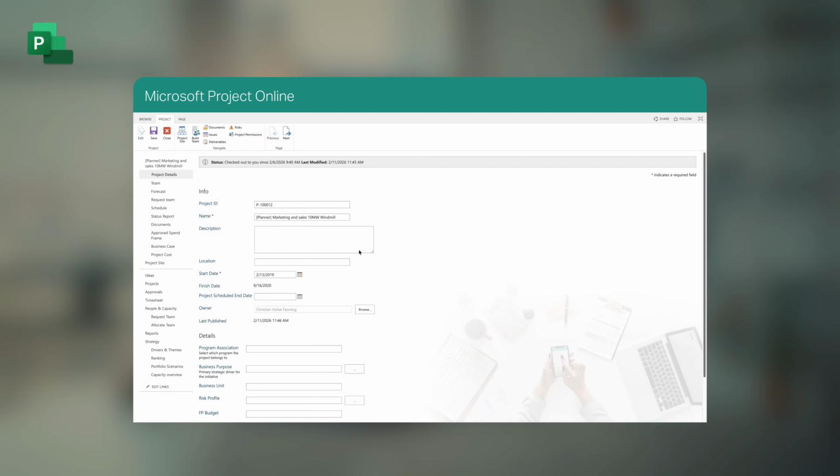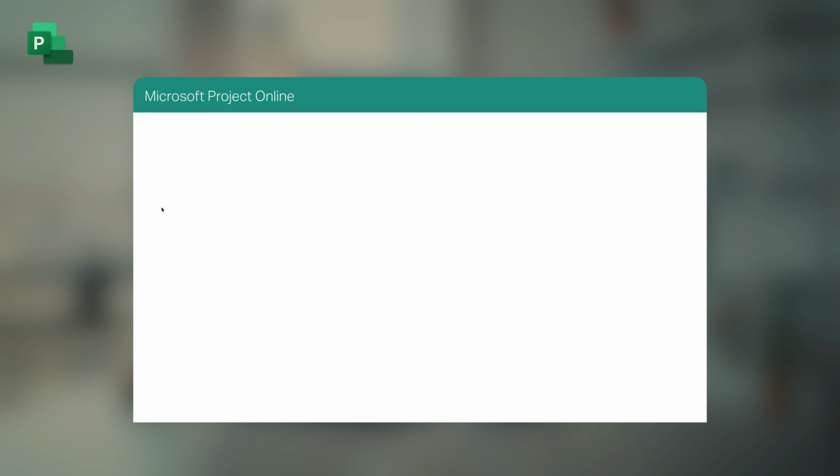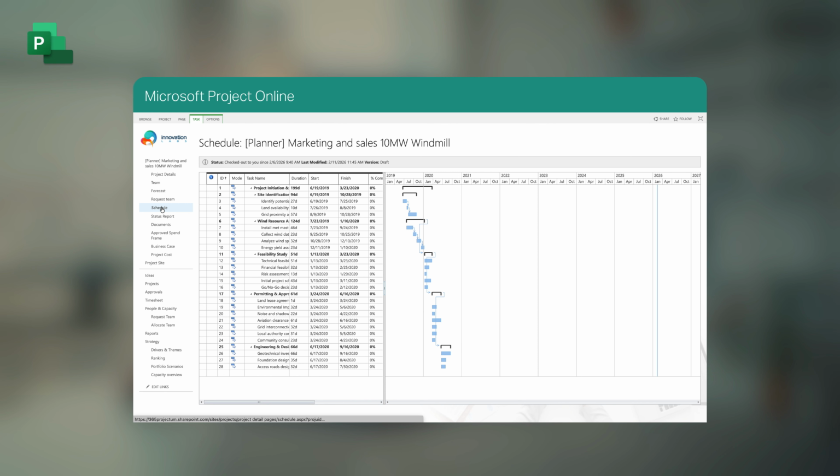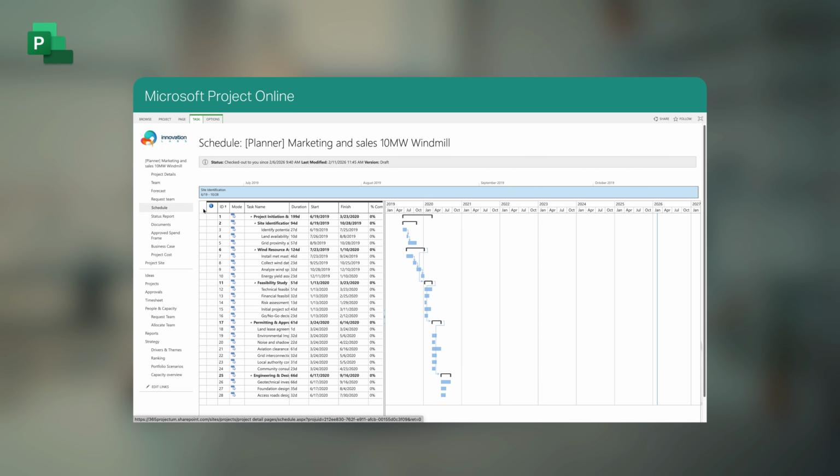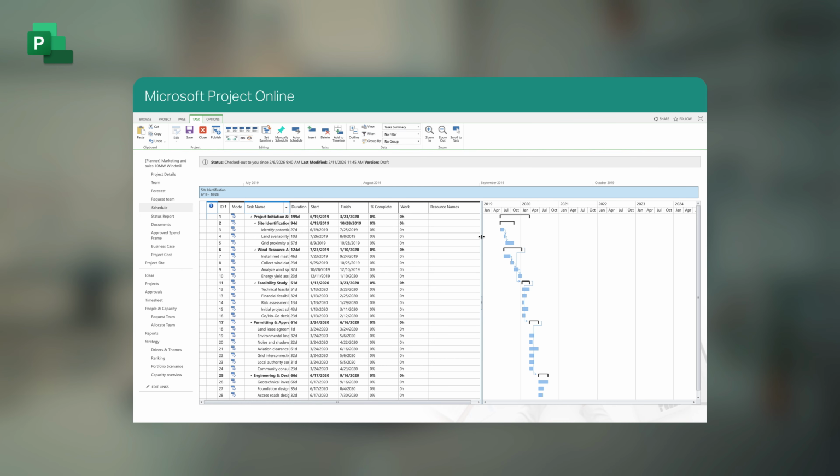Next, we're going to look into the planning and the schedule of a project in Project Online and compare to how the schedule engine in Projectum xPM works. So let's start by going here to the schedule. And of course, here I'm presented with all the tasks and phases and stages that I have in the schedule with the start and finish status. And of course, I can also expand it here to see if any kind of people are assigned to these